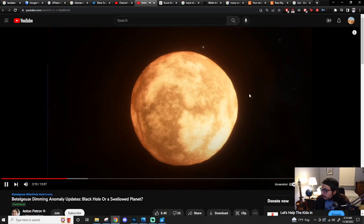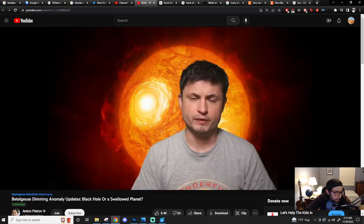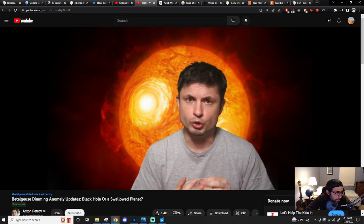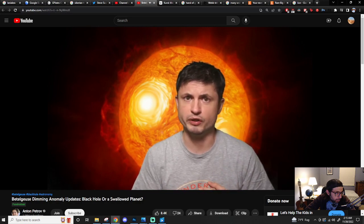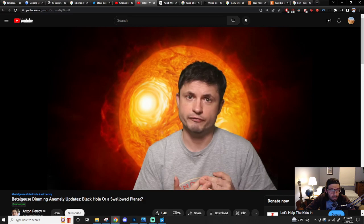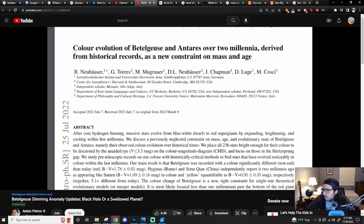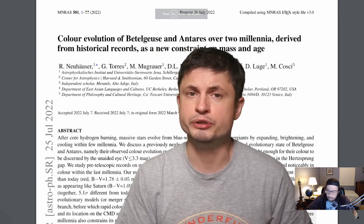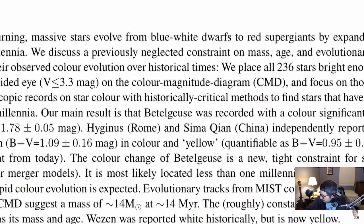The surface here is kind of difficult to define, but having this object release such a huge amount that then dims it by 60% is a different story. And so one of the earlier suggestions was that maybe Betelgeuse is approaching its sort of end. Maybe it's about to explode and go supernova. And knowing what we know about these stars, or basically knowing that they usually take a few thousand years to go through this particular stage before they go supernova, there's actually a very intriguing way to find out if this idea is correct. It involves looking at some of the ancient records from various civilizations that looked at the star before. So for example, this study that looked at this a few months ago, and specifically focused on Betelgeuse and Antares, discovered that Antares was quite the same for a long time. But Betelgeuse has changed in the last few thousands of years. It seems to have changed in color compared to some of the earlier observations from the Chinese observers,